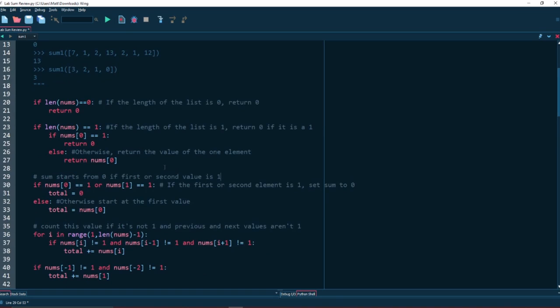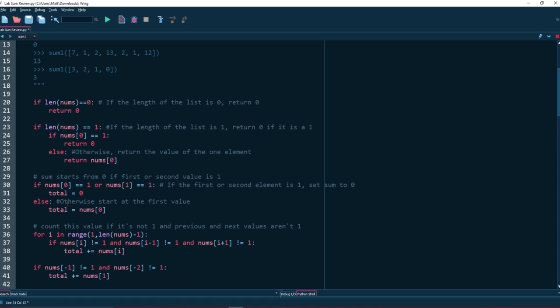So if the first or second value is 1, your total is going to start at 0, because if the second value is 1, preceding it is going to be 0. If the first value is 1, it's going to be 0, because 1 is skipped. Now, in the lab case, this case isn't there. It's just if the first value is 1. But since in this case I changed it, we take the preceding value into account, it's going to be 0 if the preceding is 1.